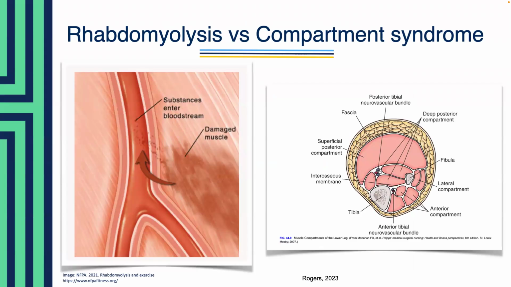All right, next we're going to look at rhabdomyolysis versus compartment syndrome. So, rhabdomyolysis we know is the breakdown of muscle, which causes that release of the intracellular contents like the protein pigment myoglobin into the extracellular space and bloodstream. Now, the pathophysiological events that cause rhabdomyolysis involve the kidneys and coagulation syndrome and can lead to complications like acute kidney injury. So that release of the myoglobin from damaged muscle can cause obstruction.